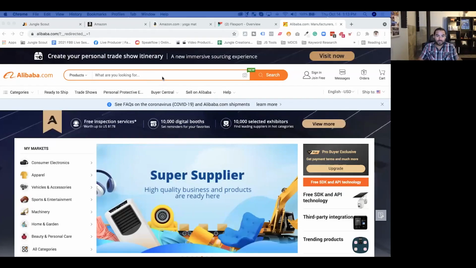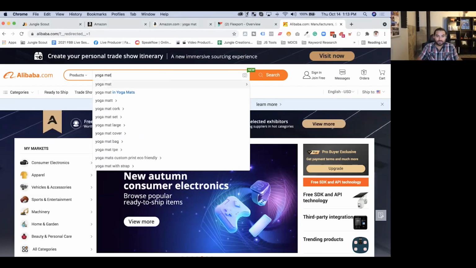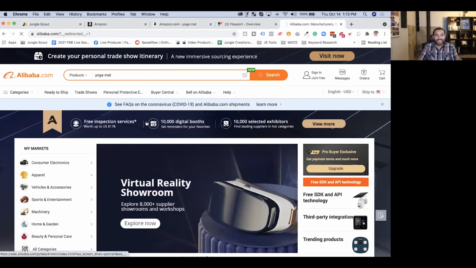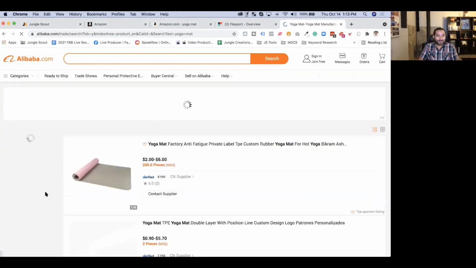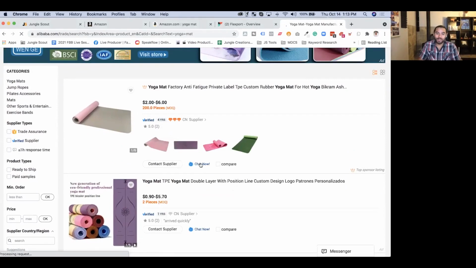Yeah, that's the unfortunate thing, Nathan, is that supplier database has its limitations. And as much as I would wish to tell you that there's a workaround to getting that additional information, there isn't. This is the next step that you'd want to take. Let's say that you're interested in finding yoga mats. I always use that because it's the usual product everyone uses, just to give examples. So I'm looking at different